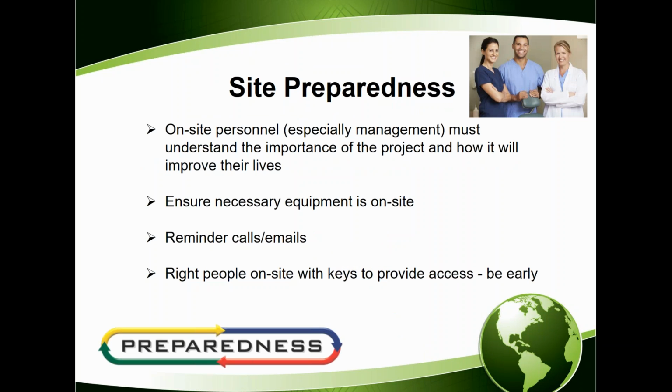Another critical element of making sure that your rollout happens smoothly is ensuring that the sites are prepared. There's nothing worse than a technician rolling out to a site, showing up on time with all the documents and equipment that they need, only to discover that there's no one there. And in almost every project that we